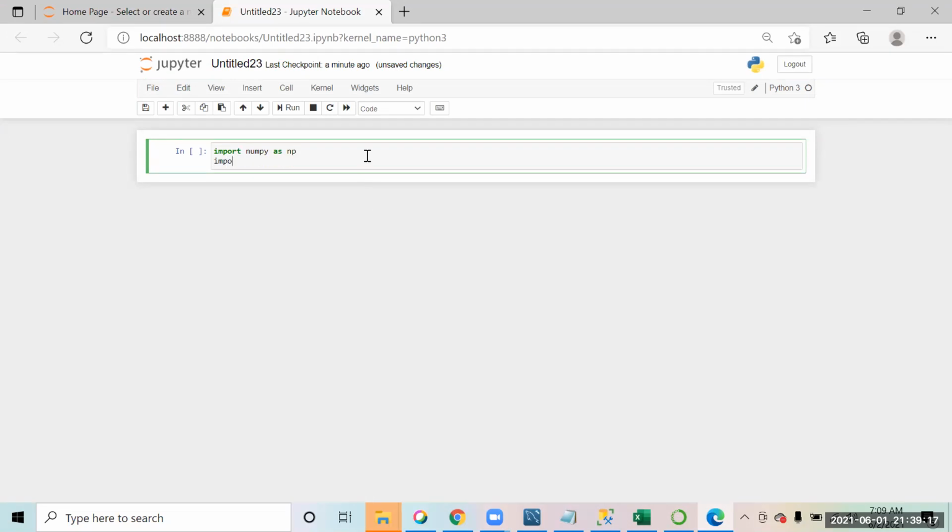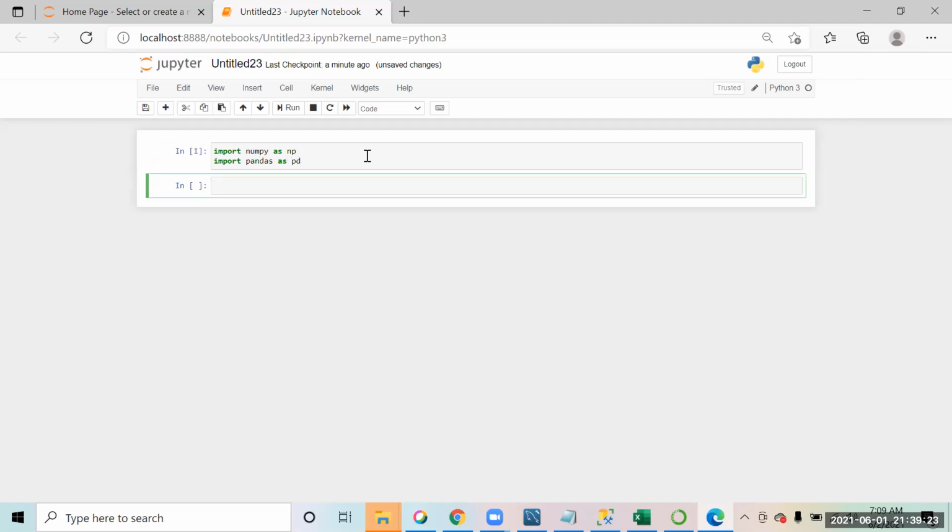We'll import pandas as pd. So let's start with that.